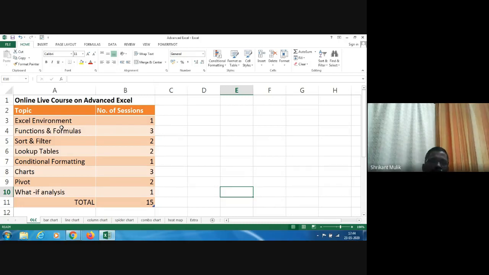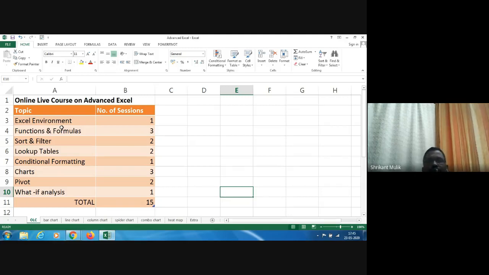Again, for some of you who are very used to Excel, this may seem very primitive, but I guarantee you that even with whatever Excel you know, if you have not done an advanced Excel course before, this will definitely teach you a few things you didn't know earlier. So you may need a little patience, but you'll definitely learn something.